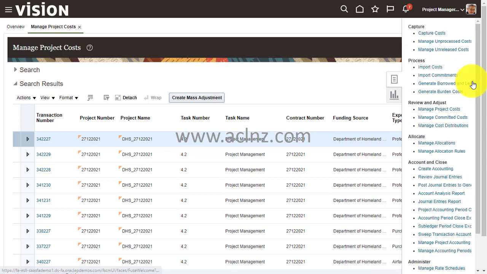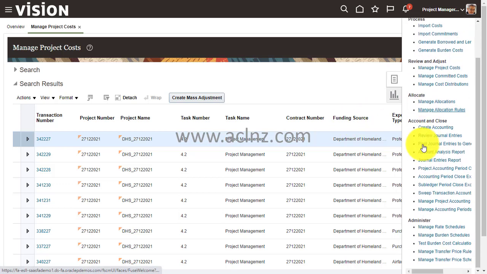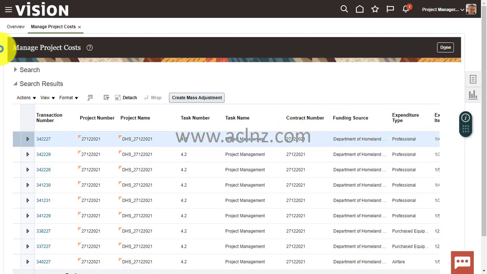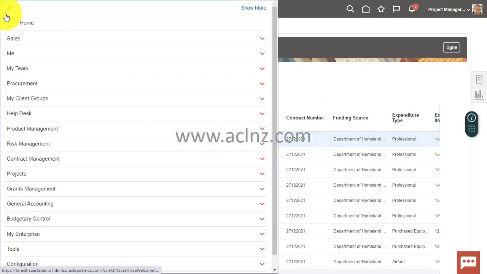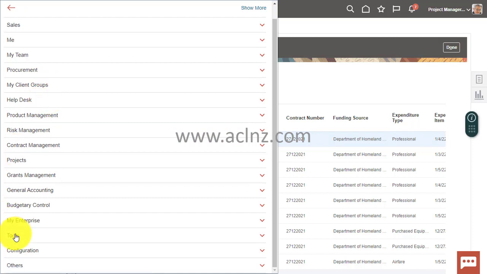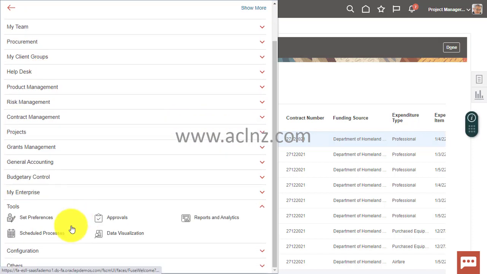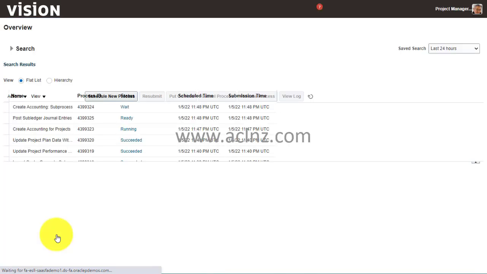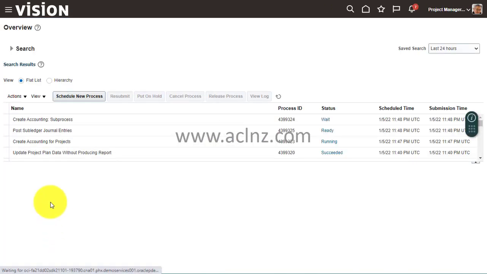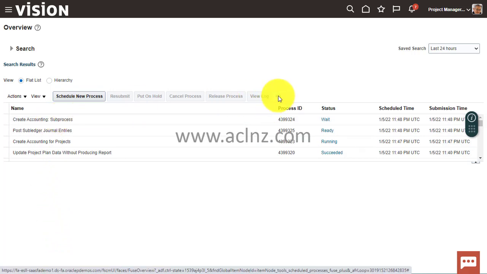Now you basically have to look at the program that you've just submitted. So I would simply go to my hamburger menu, scroll down to tools, and then go to scheduled processes to see the status of the program that we just submitted for create accounting. Basically the create accounting program will submit a number of child programs, and this Progress US Primary Ledger has a number of secondary ledgers as well.